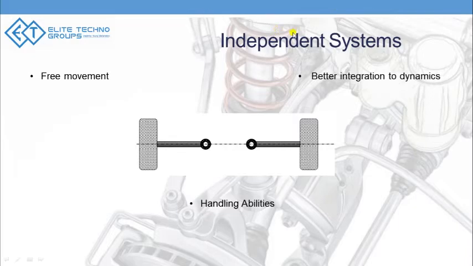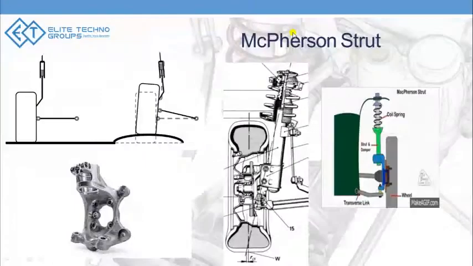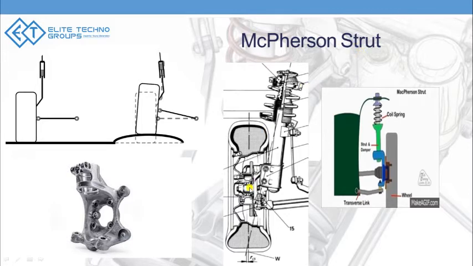Inside independent suspension, we are going to learn three types, of which two we will learn a little bit deeper, and the third one we will just brush on the surface to see how it's different from the other two. The first one is the McPherson strut. McPherson strut is where the damper system is assembled on top of the steering knuckle. This is what we call the steering knuckle. The damper is directly attached on top of the steering knuckle, and the lower part has what we call the lower arm.